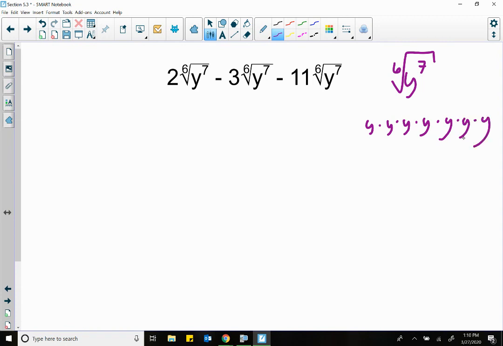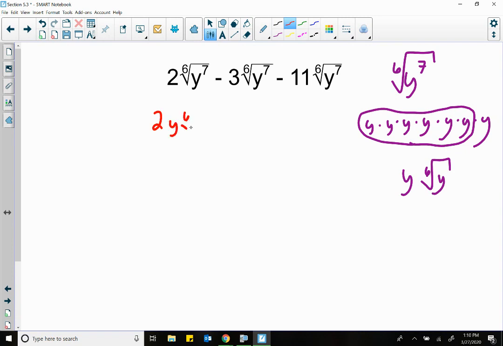So notice my tail gets bigger as I go along. Silly me. So in order to escape, you got to be in a group of 6. Look, a group of 6. So this guy reduces to y 6th root of y, with 1 y left behind. So all of these pieces up here now look like 2y 6th root of y minus 3y 6th root of y minus 11y